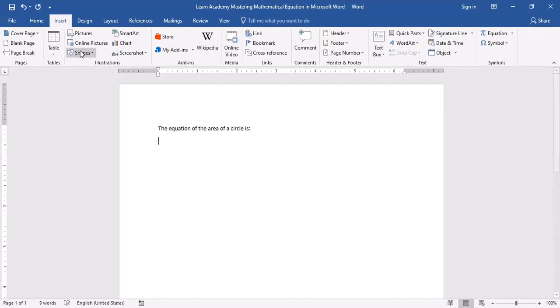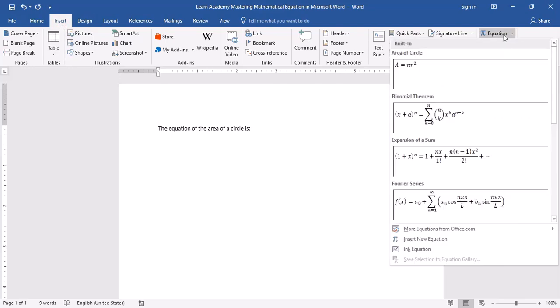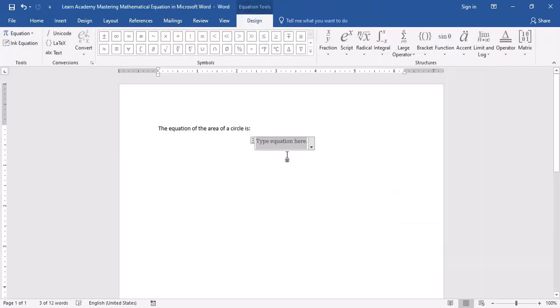So I'll have to come to the Insert menu. You click on the Insert menu just as before, then come down to the drop-down arrow of Equation, then go to the bottom where we have Insert New Equation. Then we have the equation space here which says "Type equation here." So I can just put in my circle. Let's say I represent the area as A equals to,